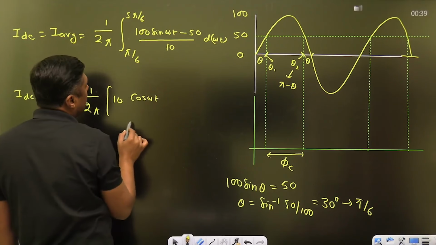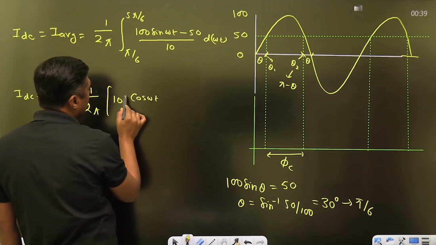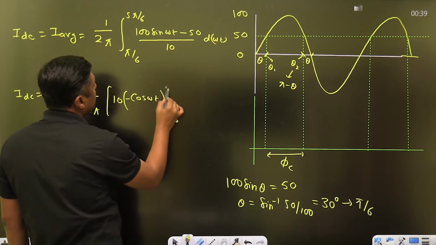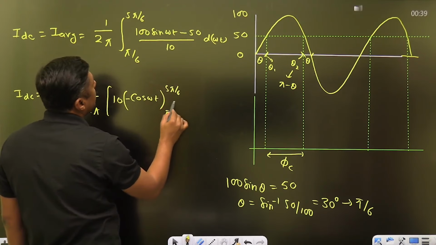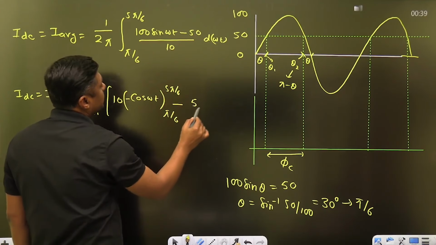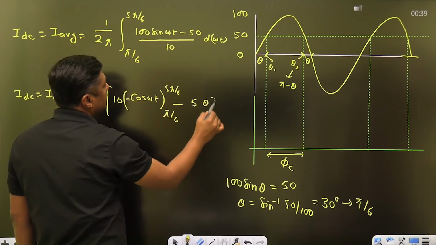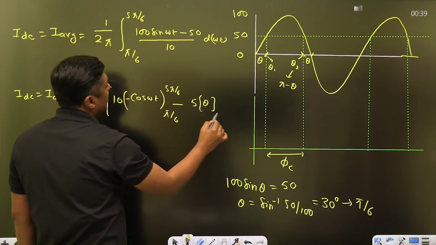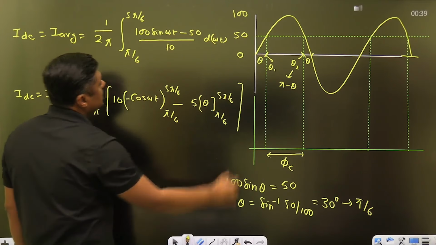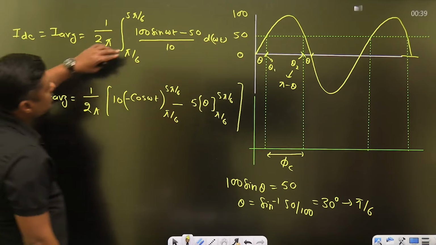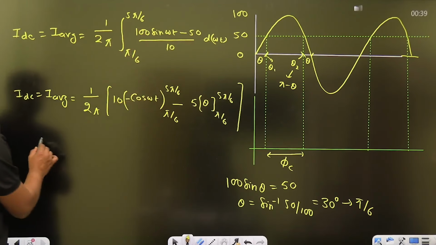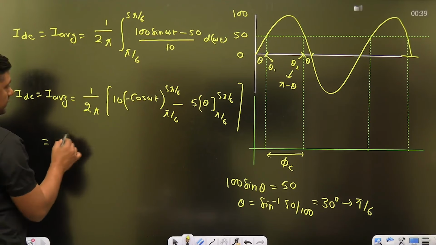No need to take the omega common. With minus sign, what is the limit here? Pi by 6 to 5 pi by 6, minus 5 theta, because omega t is nothing but theta. What is the limit here? Pi by 6 to 5 pi by 6, and that is the limit. This 10 divided by this 5 is the value of this integration. Now 1 by 2 pi,